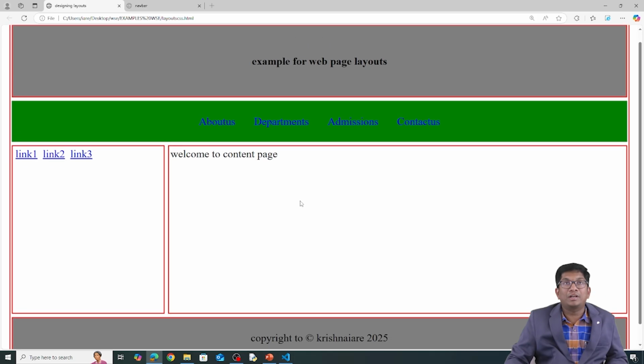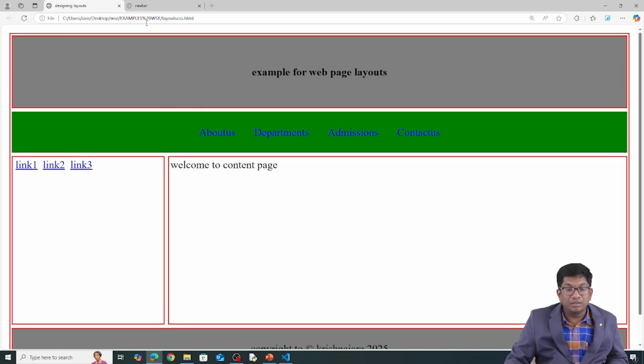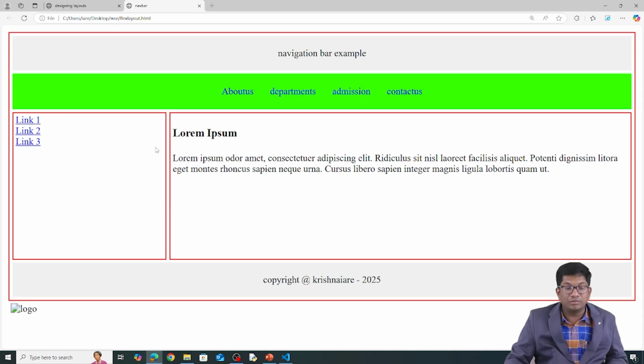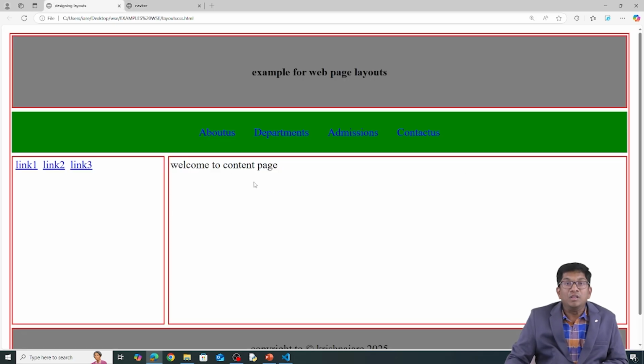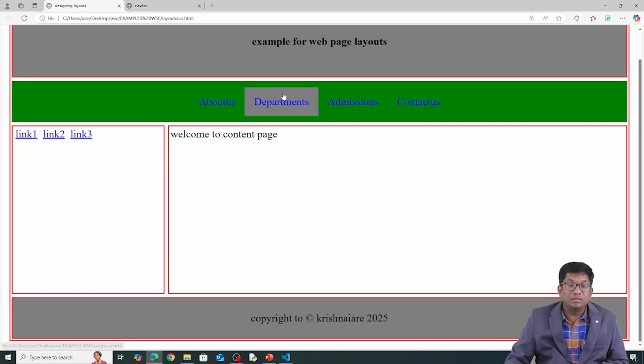So this is the maximum we try to show with the example we gave here. It looks like this, right? Like this we can use web page layouts based on your requirement, header, footer, whatever you need, you can use it. If you want to fix this header, we can fix it by using